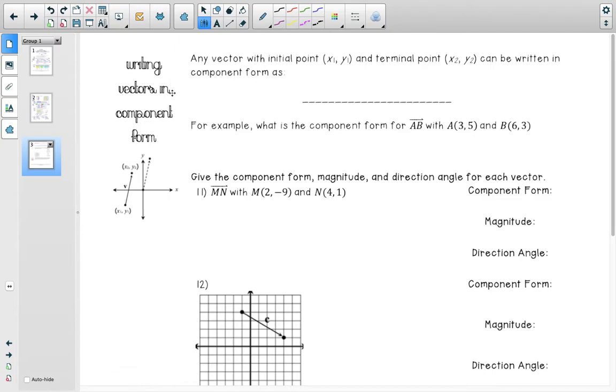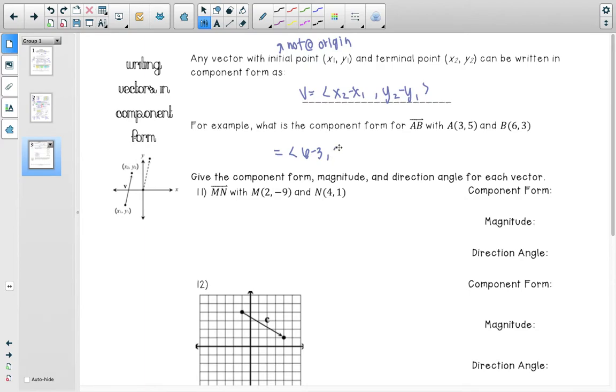All right, so writing vectors in component form, basically it's saying that the vector's initial point is not at the origin. So we have to kind of make it so. To do that, you're going to do x sub 2 minus x sub 1 and y sub 2 minus y sub 1. Right? So for example, to find AB in component form, we would do 6 minus 3